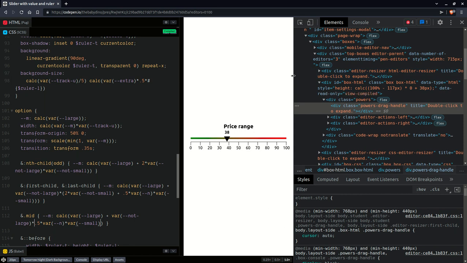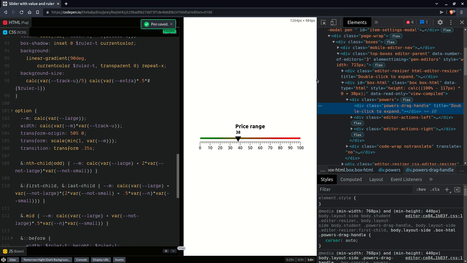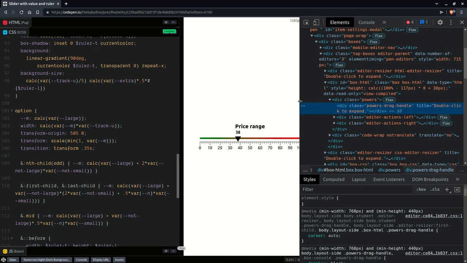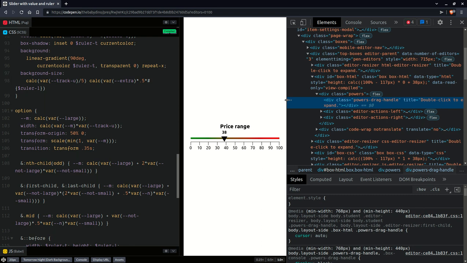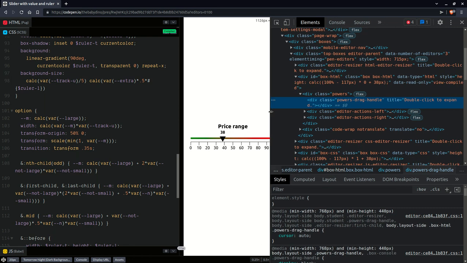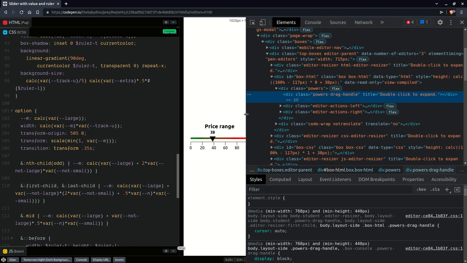Let's see it. So we have the extra large case where we have those small lines, and then in the large case it starts to shrink, those small lines disappear, but we still have all the values. And then in the medium case, even a bit more, we don't have the 10, 30, 50, 70, 90 values. Those shrunk. And then in the small case,